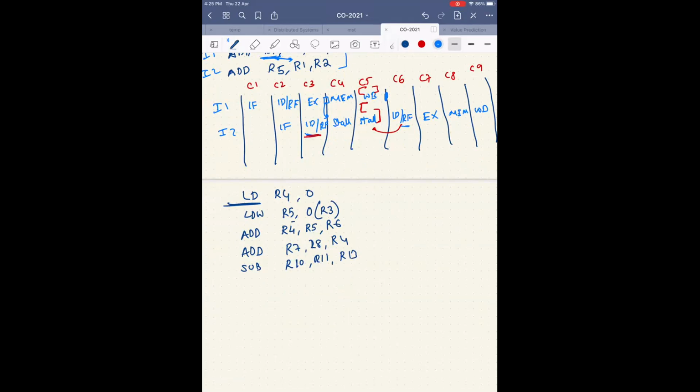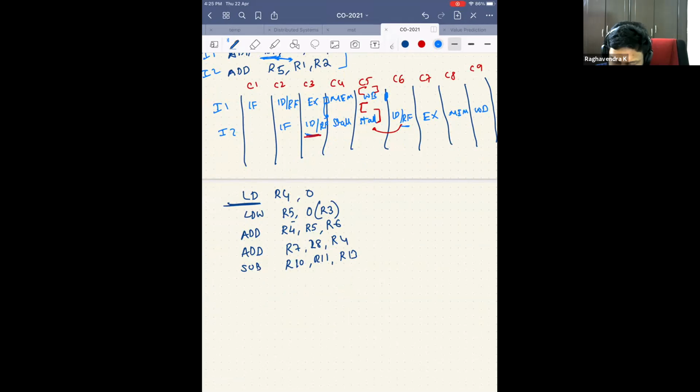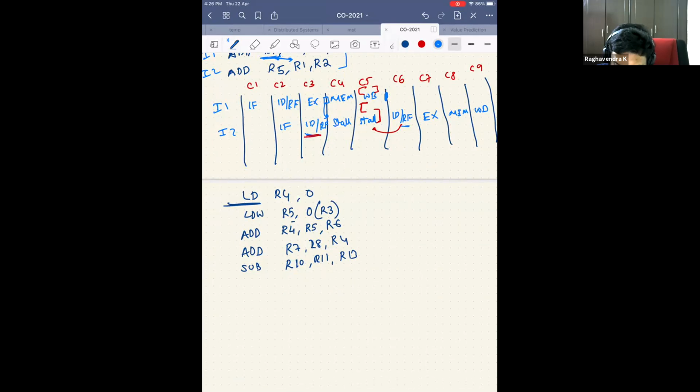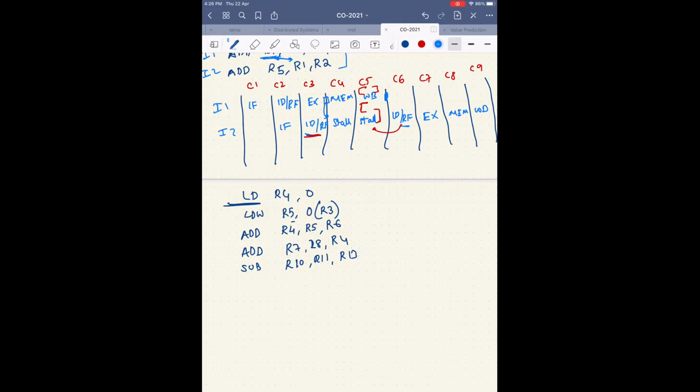Now, if we execute these 5 instructions with operand forwarding enabled, there comes a problem. Sir, I think the compiler notices that R4 is not used anywhere up to the add instruction. R4 is again updated in the third instruction.